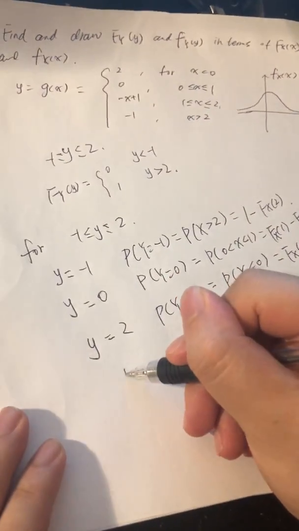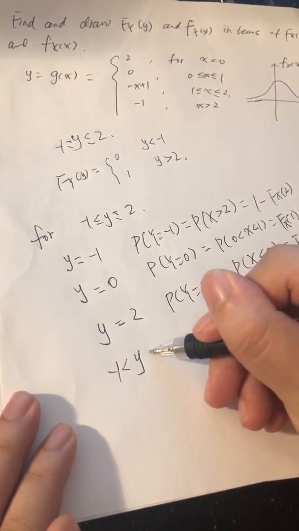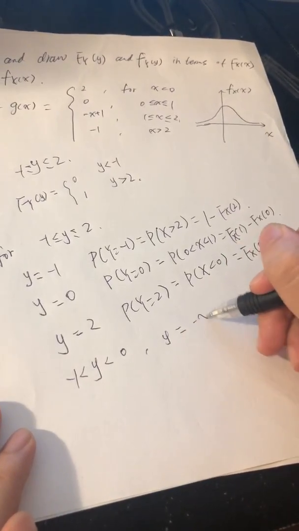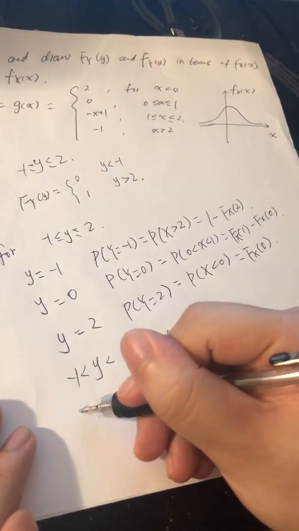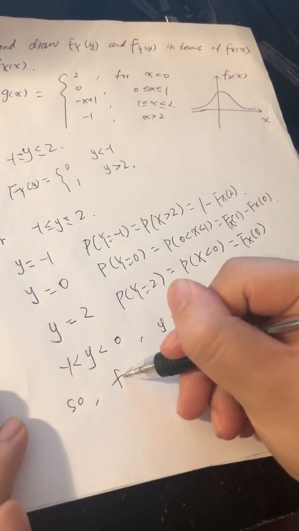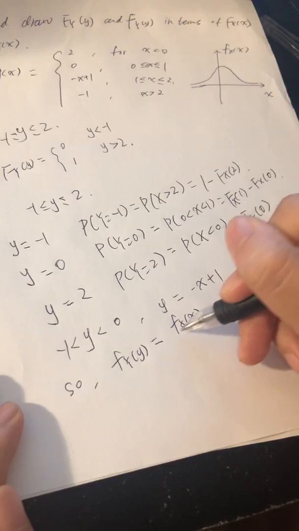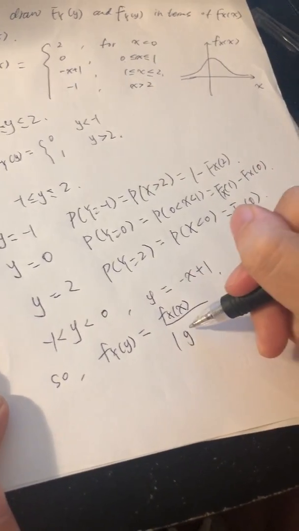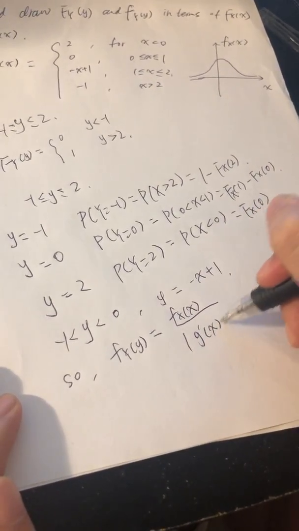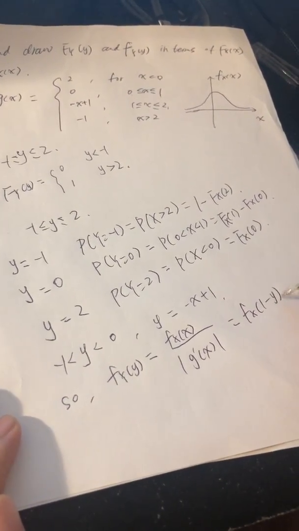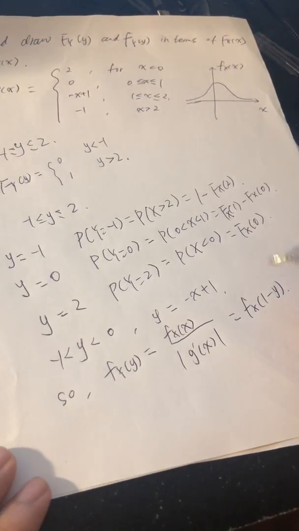Then we have to solve when y is greater than negative 1 and smaller than 0. We will have y equals negative x plus 1. So f_Y(y) will equal f_X(x) divided by the absolute value of g'(x), and this will give us f_X(1 minus y). And from all this above, we can have that